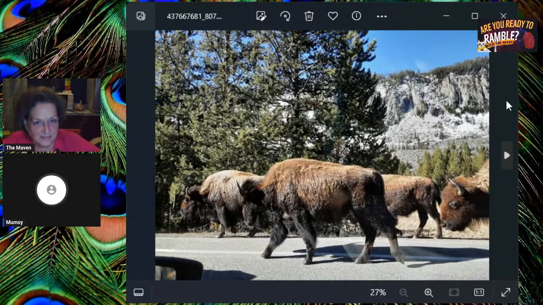Oh, here you go. Can you see that? Okay, that's in Yellowstone. We were driving along, going in, and the buffalo were on the side of the street. So that was interesting because I wanted to see the buffalo. Buffalo versus bison? They're the same thing. Are they the same? Yes. I'm not sure, but I'm going to look it up. That's what I've always been told. Correct me if I'm wrong. They're so huge.